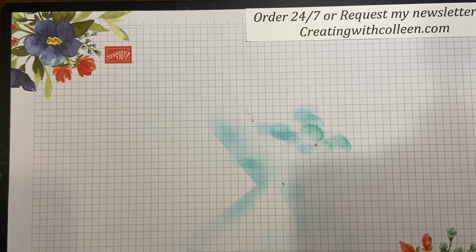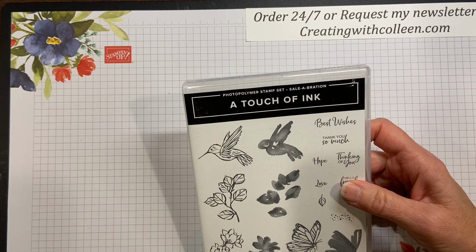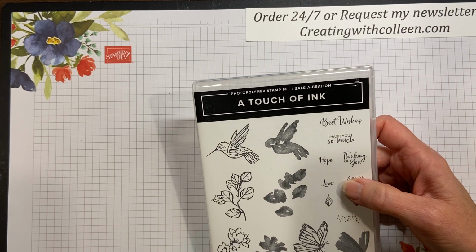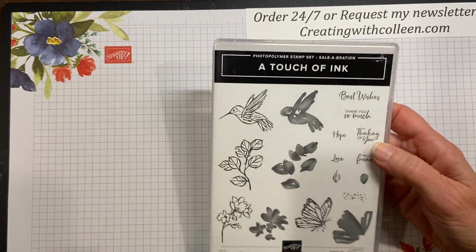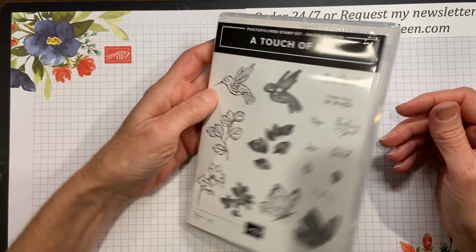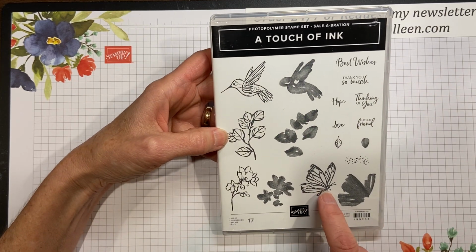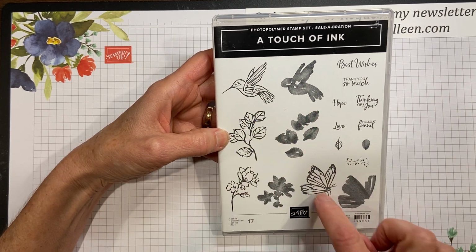Now, when you place a $100 order, you can actually get a Touch of Ink. So the Touch of Ink is a stamp set. It's a 2-step stamping, and there's 17 pieces in this stamp set. It is photopolymer, so you could see through. So you could actually stamp the flowers, the leaves,